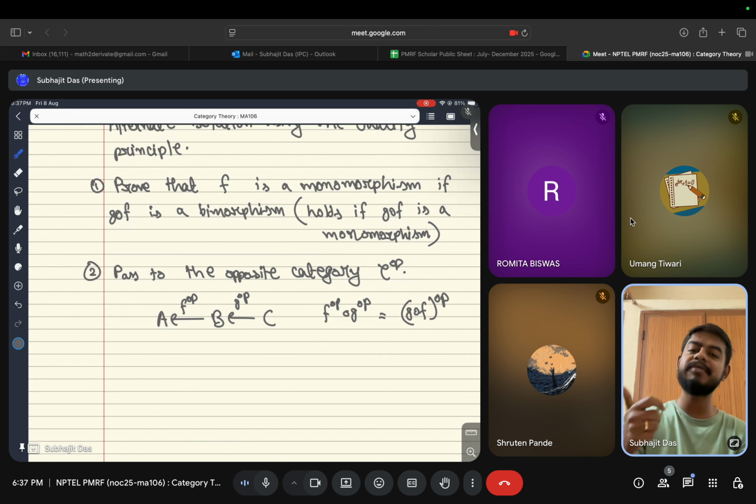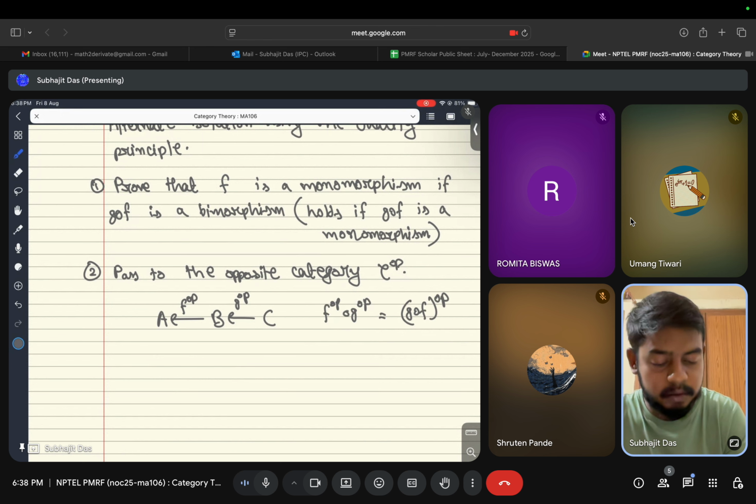So if G composed F is a monomorphism in C, then G composed F op will be an epimorphism in C op. And if G composed F is an epimorphism in C, then G composed F op will be a monomorphism in C op. Now since G composed F was assumed to be both in C, that means that G composed F op should also have both properties. So this is both mono and epi,